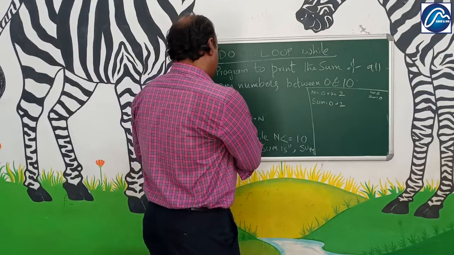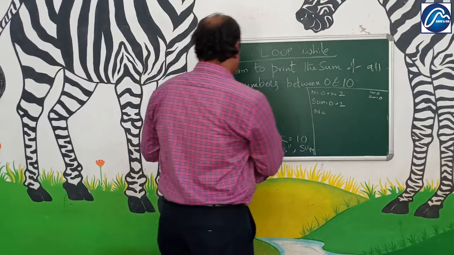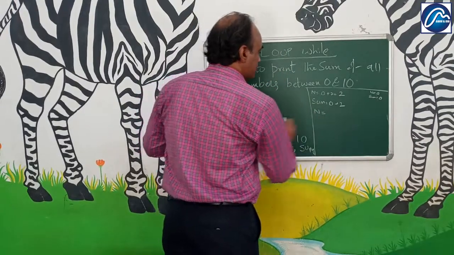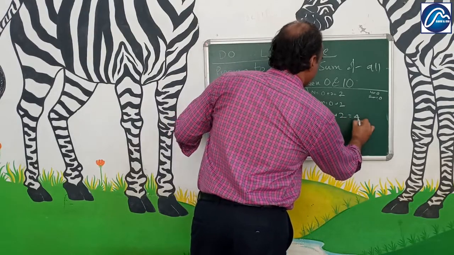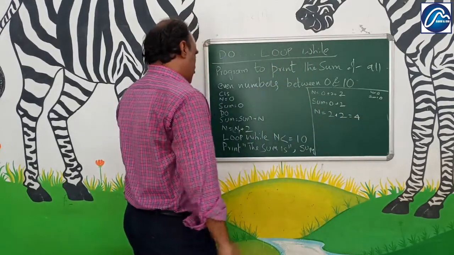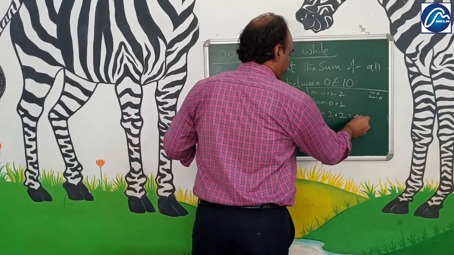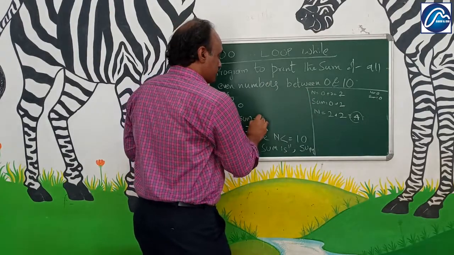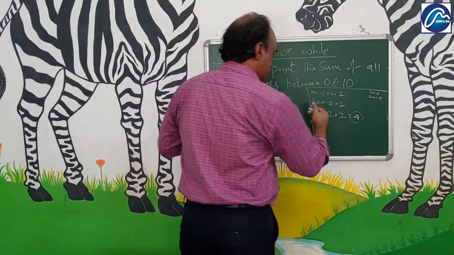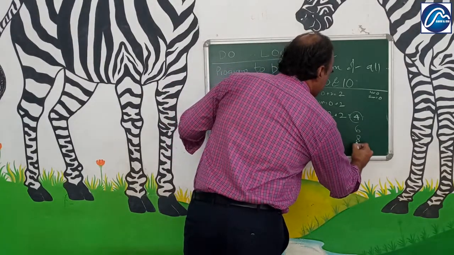Then what is the value of n? n will be taking the value n plus 2. What is the value of n here? It is 2. 2 plus 2, that becomes 4. Okay. The loop while n less than or equal to 10. What is the value of n? 4. It will come to the loop. Sum will be equal to sum plus n. Again, this procedure goes on, and here you get 6, 8, 10.